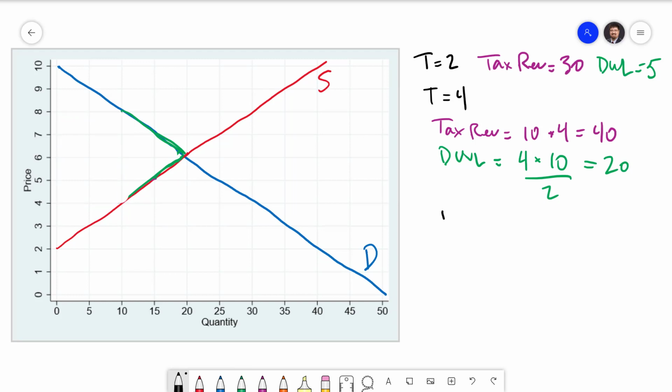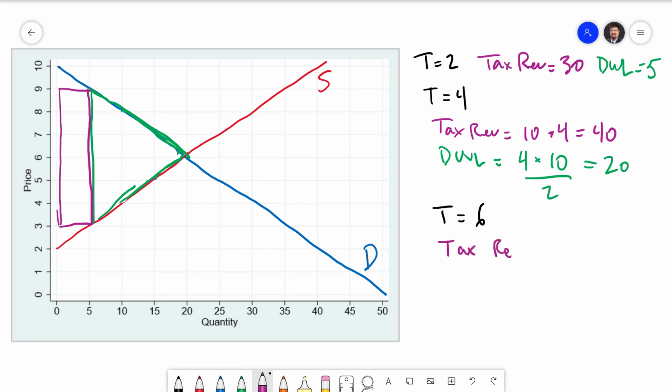Let's continue increasing the tax, this time all the way up to 6, which is 3 times the original. Drawing in the new tax wedge, it's going to come in right here. And so our tax revenue will be this box right here. And our deadweight loss is going to be this triangle right here. Calculating the tax revenue, this time we have 6 times 5, which is 30. And for the deadweight loss, we have 6 times 20 minus 5, which is 15, divided by 2, which is